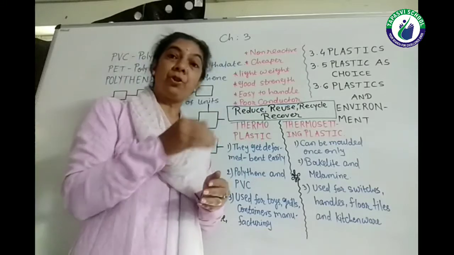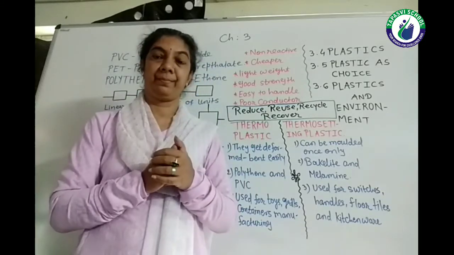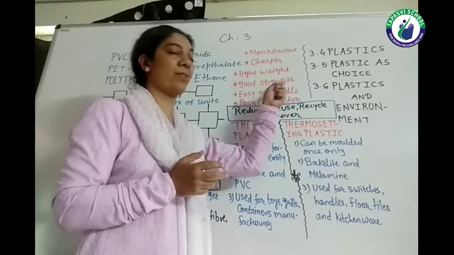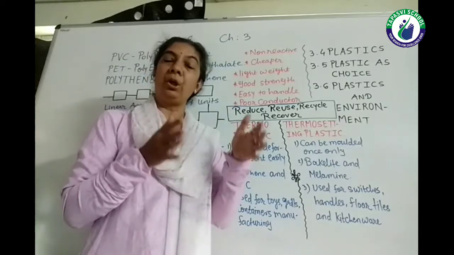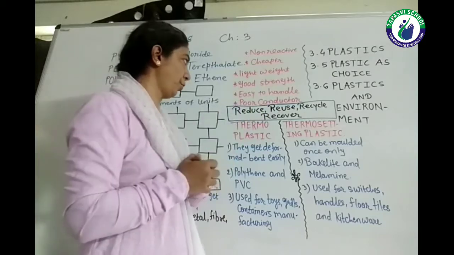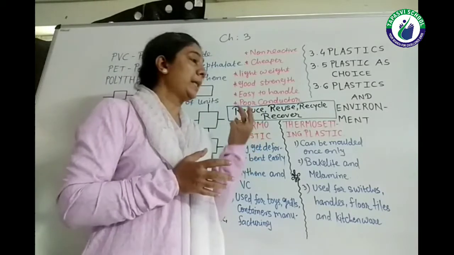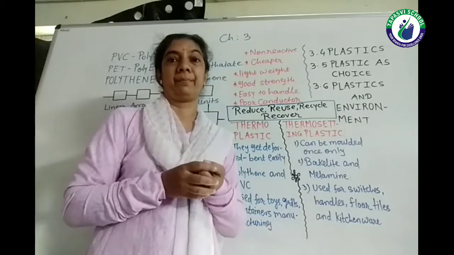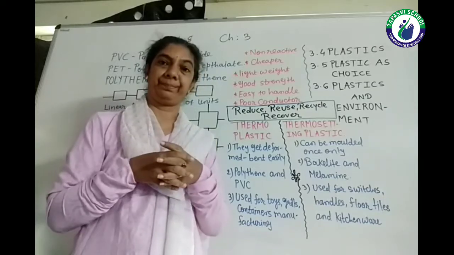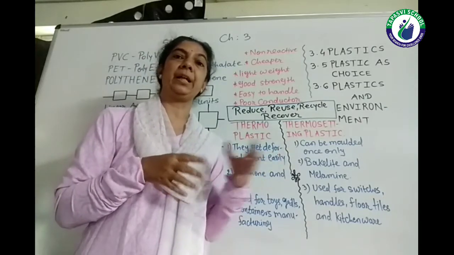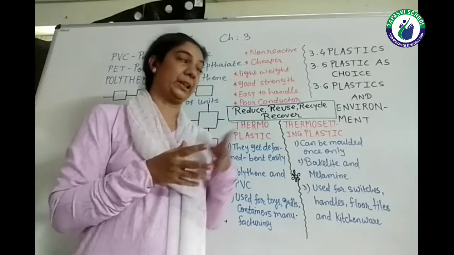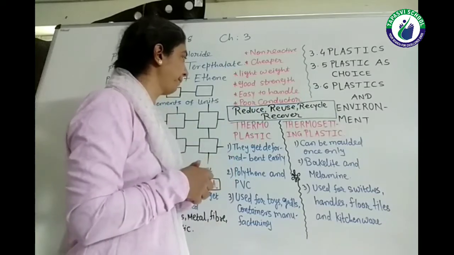Besides having light weight, it is also very strong. It has a very good strength. It can hold a lot of load, and that's why it is our first choice. Next, it is easy to handle. The material which is made up of plastic can be washed very easily. It does not need any kind of special treatment for cleaning or maintaining. That's why also it is our first choice.